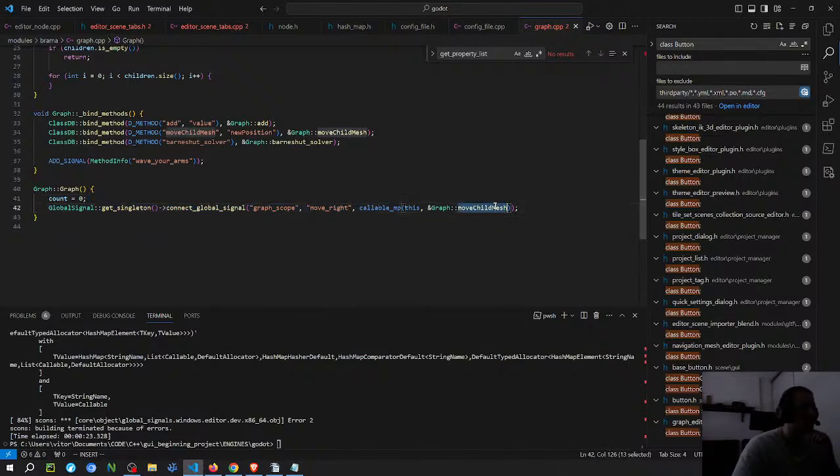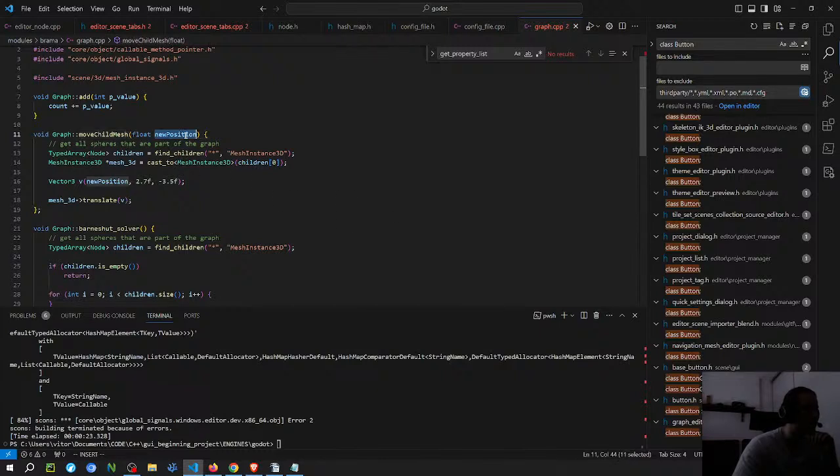And then this function should receive that data and should move the mesh based on it. So you should move the mesh to the right because I think I'm gonna use a positive value. And obviously I could take the position that the mesh already has and then add the new position, but I think I'm just gonna do it like this first to see what happens. Then once I get to that point, I think about the other stuff here again.